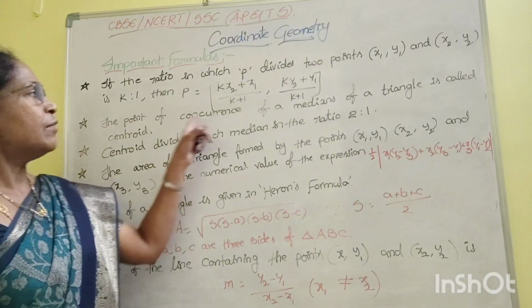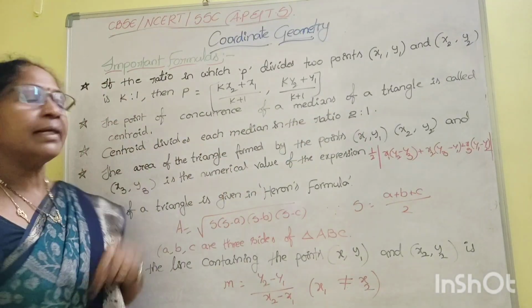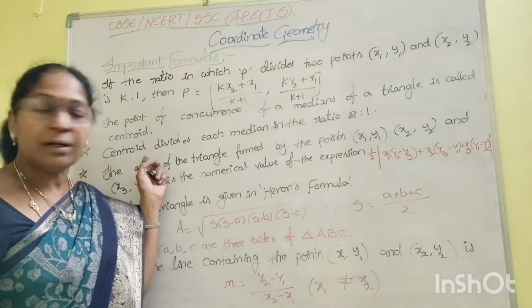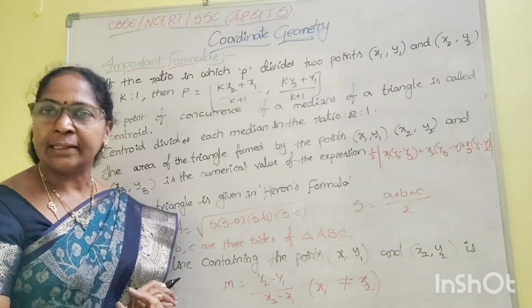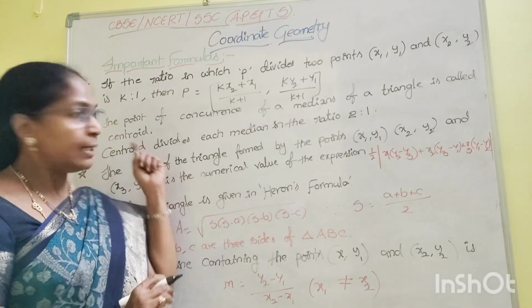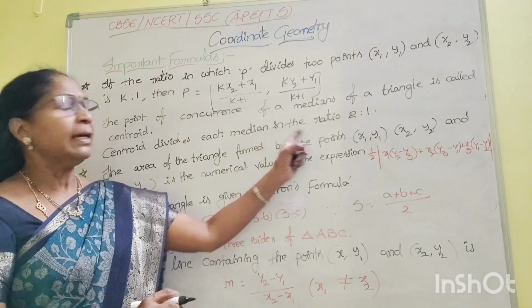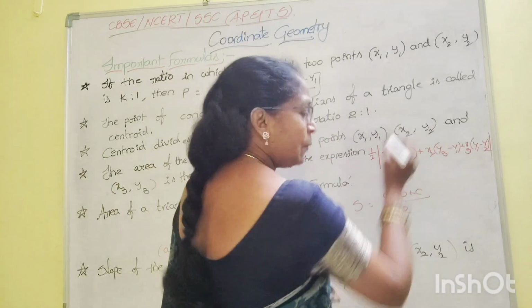Next, the point of concurrence of medians of a triangle is called the centroid. So what is the centroid? The point of concurrence of medians of a triangle. That point we call the centroid. The centroid divides each median in the ratio 2 is to 1. For example, here,